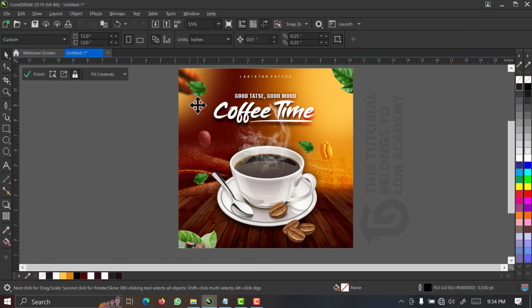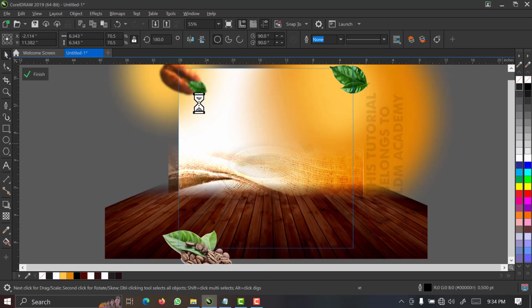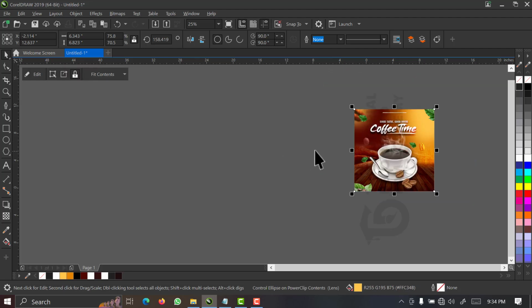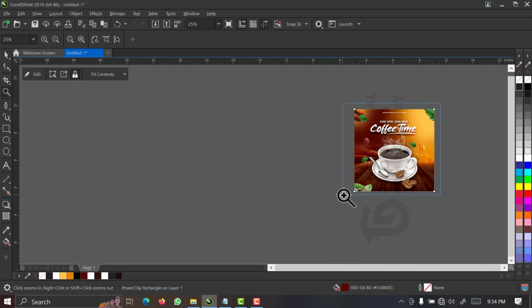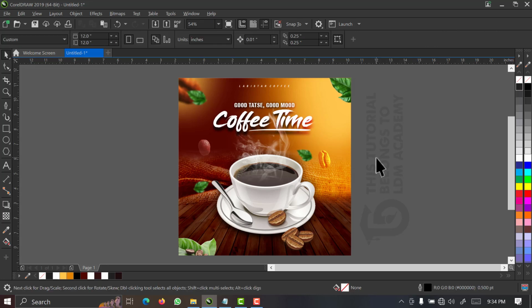Then this effect, I'll double click on it, and then I'll slant it like this. Alright, let me do it more. Beautiful. I'll click on finish. So you can see. Alright guys, I think that is what we just need to do for this tutorial. So we've come to the end of this tutorial. I can assure you that you can do something as beautiful as this with your CorelDRAW just by following